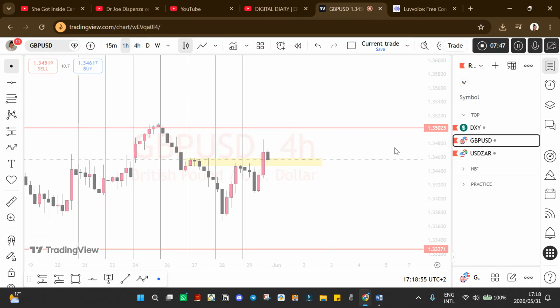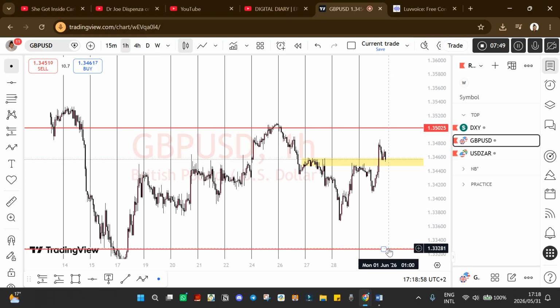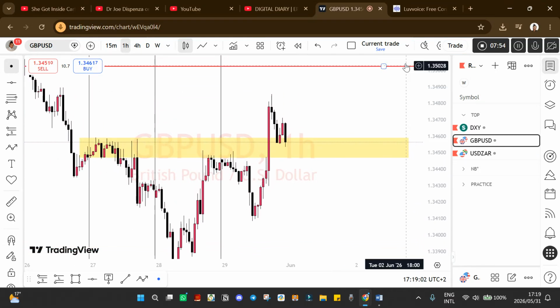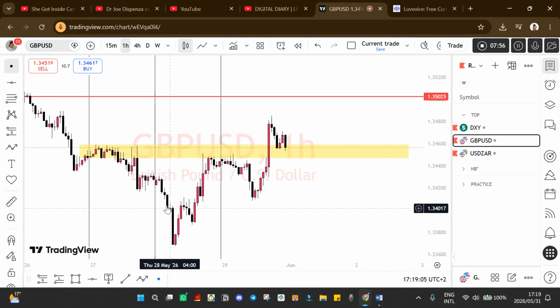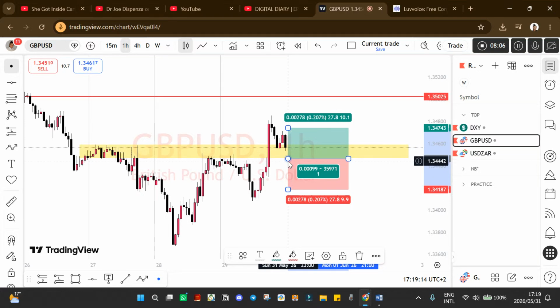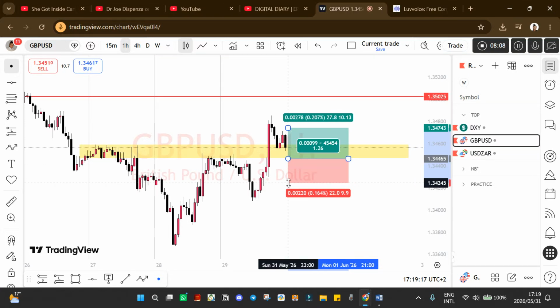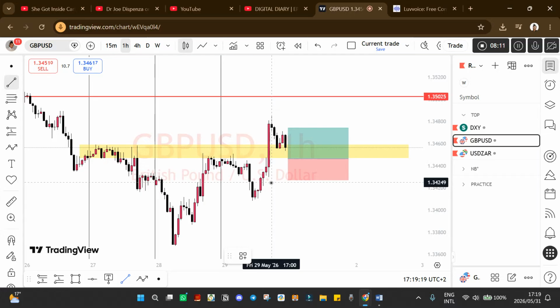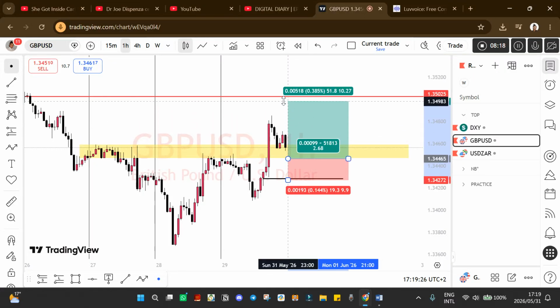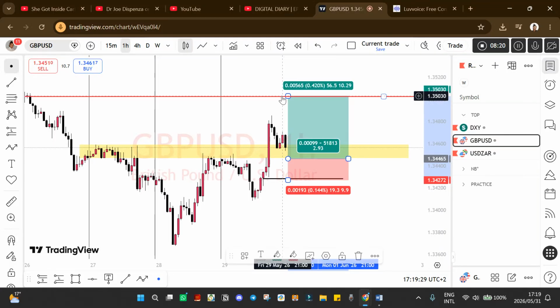If you look on the 1 hour, I like to look at entries, right? I look at patterns that are being created by the market. So as you can see over here, I'm just waiting to see what the market is gonna do. But for me at the moment, this is going to be my plan. I think I'm gonna take the entry just below this, and then have my exit area. If market closes below this, then I'm gonna get ready to get out of the trade, and then we're gonna do a